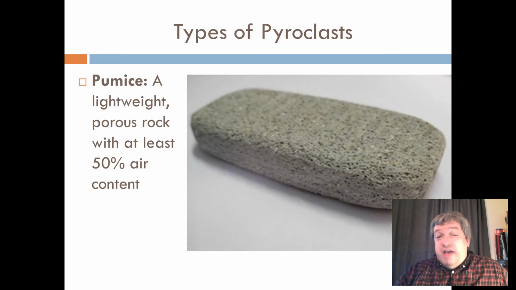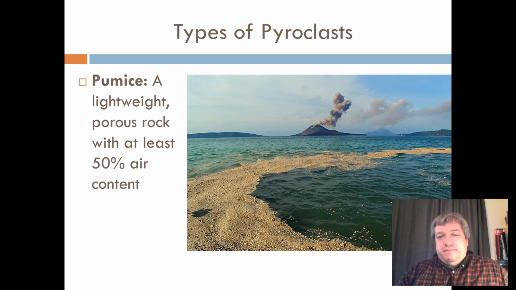Many of you probably have used or have at home a pumice stone. And pumice actually naturally occurs. It's a volcanic rock that is so porous, it's almost basically like a big stone sponge. And this is part of a volcanic eruption. The magma erupts into the air, and it is almost frothy, and it cools off right away. So it has this very light feature. To be classified as pumice, it must be at least 50% air. And pumice is so light, it can actually float on the ocean. So a lot of times when a volcano that is under the surface erupts and gets closer and closer to the surface, the very first time it erupts, all that lava erupts right into the ocean. It cools immediately and forms these big, huge rafts of floating pumice that eventually settle down.